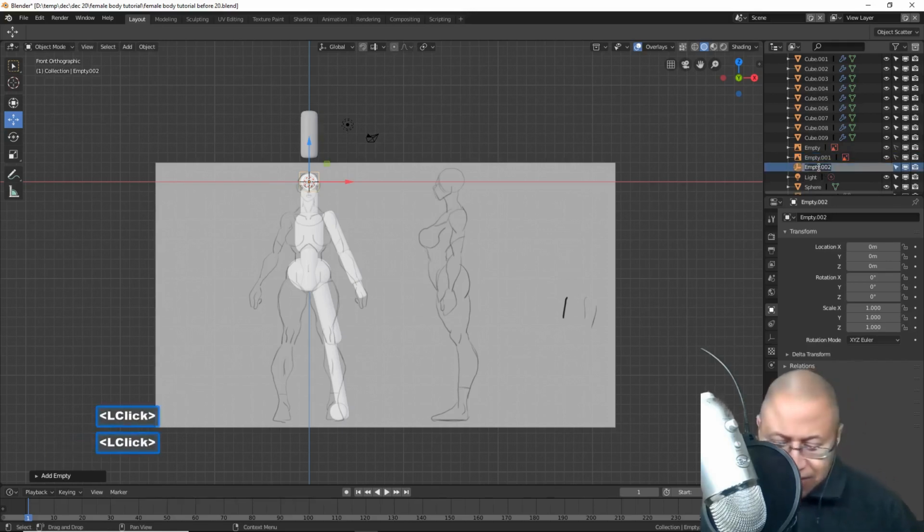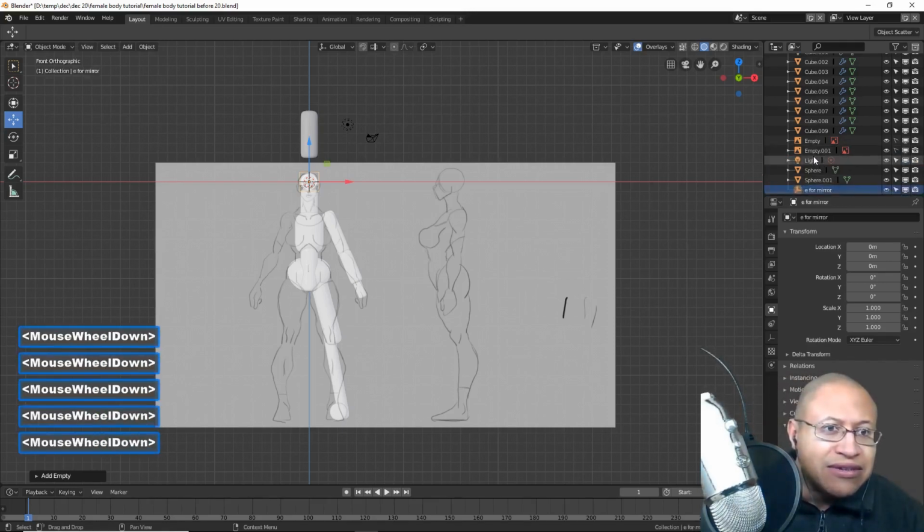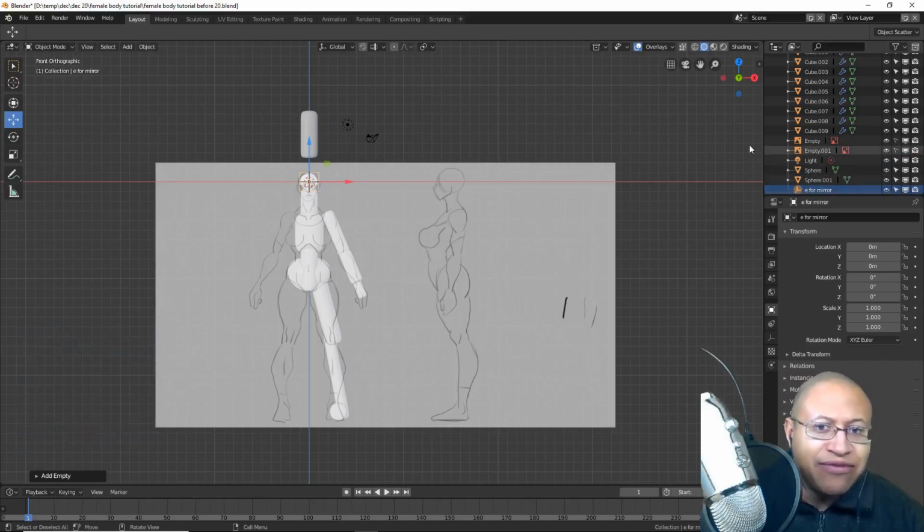I'm going to double click here and name this E for mirror, then enter. Basically it stands for empty for mirror or mirroring. So I named it E for mirror. Okay, so